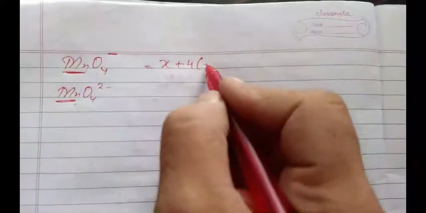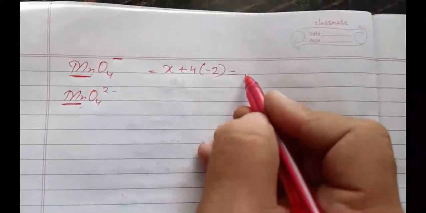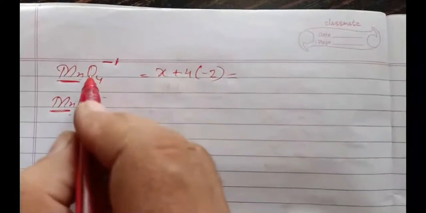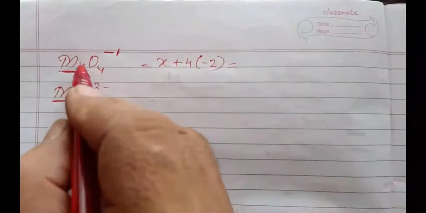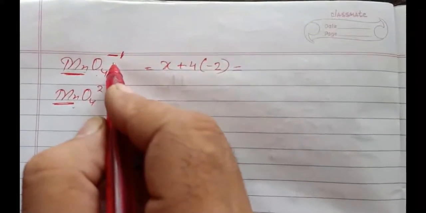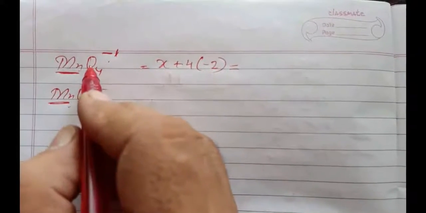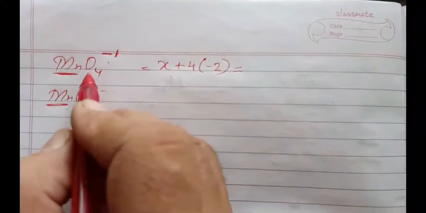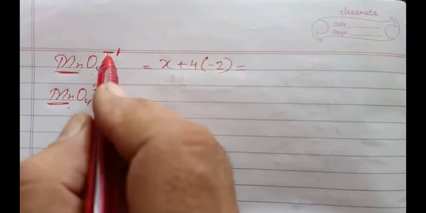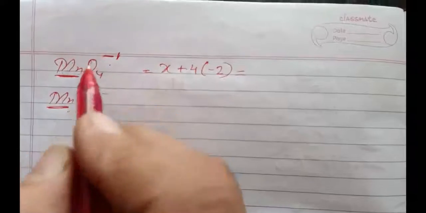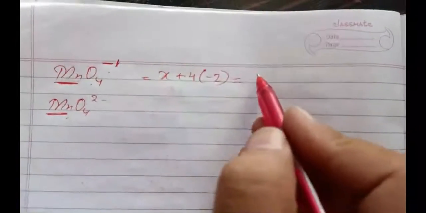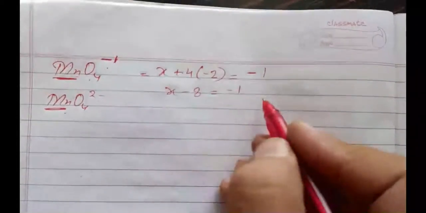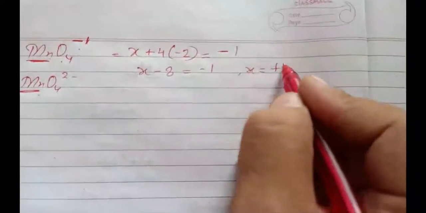Then what is the oxidation number of oxygen? It is -2 is equal to... So here we cannot write 0. In case of ions, the sum of all the oxidation numbers is always equal to the charge. This thing I have explained to you in the rules already. You read from the rules, then you will know that the oxidation number of all the atoms in an ion is equal to the charge on it. The oxidation number of x and for oxygen must be equal to -1. Then x minus 8 is equal to -1. Then x will be equal to +7.